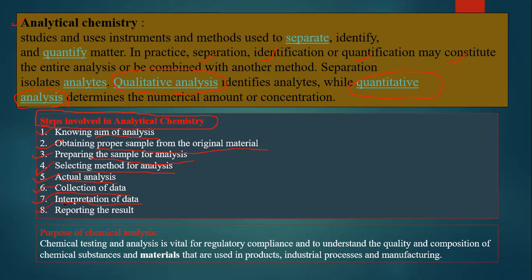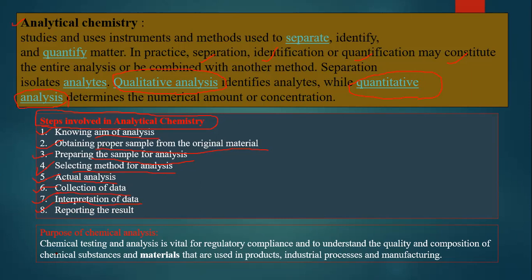By the result, you can say that this compound is made up of certain moieties or elements, in qualitative analysis. And in quantitative analysis, you can say something about its concentration or weight, that is, how many grams of that substance are present.